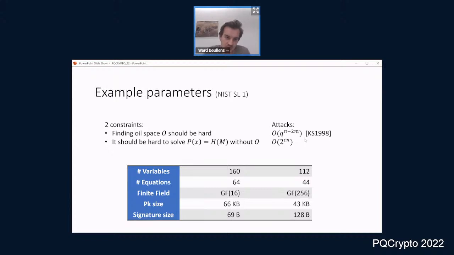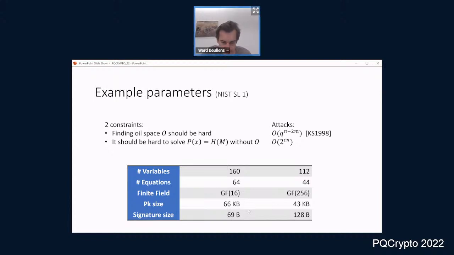And the second requirement is, you just want the MQ problem to be hard. And that means that the number of equations should be big enough. So for the MQ problem to be hard, we need m to be big, and then for the key recovery to be hard, we need n to be sufficiently larger than m, so at least a factor 2. If you choose parameters, you could get the numbers in this table. These are two instantiations for NIST security level 1, and these are also the ones that we are going to submit to the NIST competition.